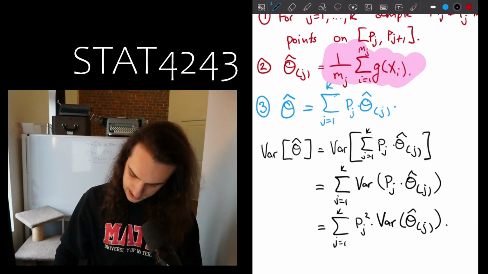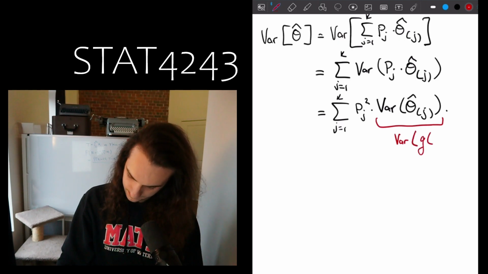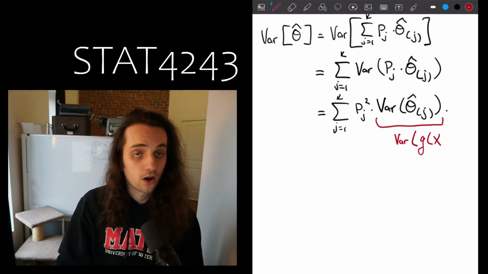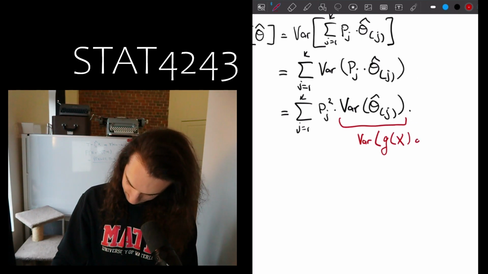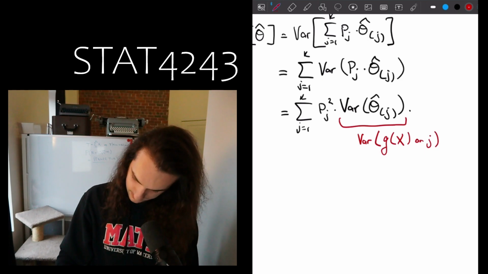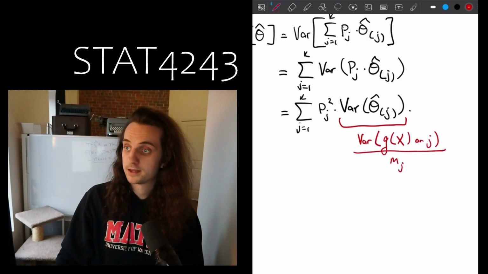And so what we can say is that the variance of theta hat j is going to be the variance of g of x on the interval j divided by the number of points that we've sampled, which is mj,